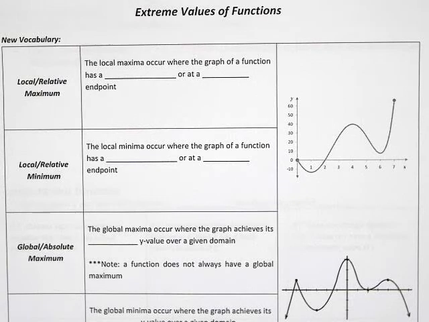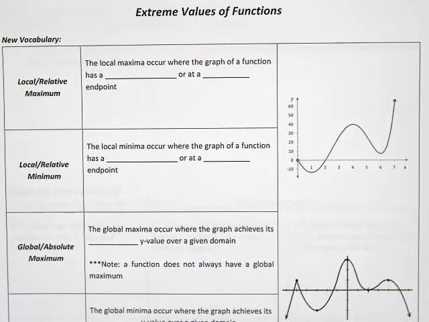Hi everybody! So we're going to go through our last set of vocabulary words that are going to be new words in this chapter, and these are about what are called extreme values of functions. Now when you hear the word extreme, you probably think like super awesome or like super on the edge of ridiculousness, which is basically what extreme values of functions are.